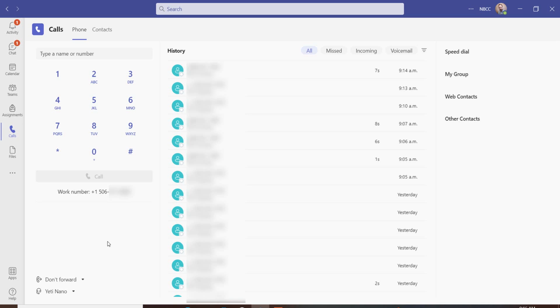Your VOIP phone in Microsoft Teams is just like a regular landline phone, but it's on your computer and it's not fixed to any location or office. So wherever you are, at home, the office, or on the road, you can use your VOIP phone in Microsoft Teams without any issues. To use it, all you have to do is open up the Microsoft Teams application